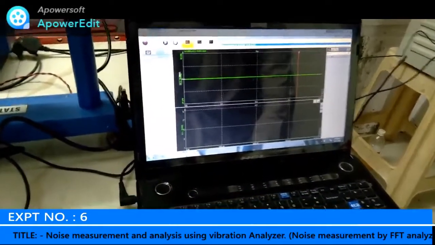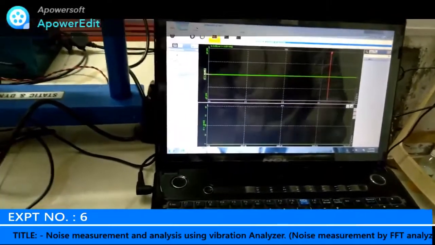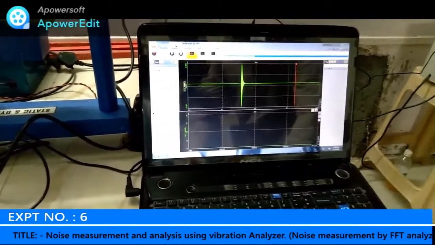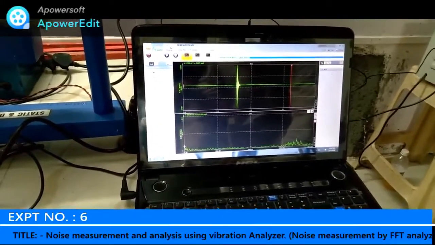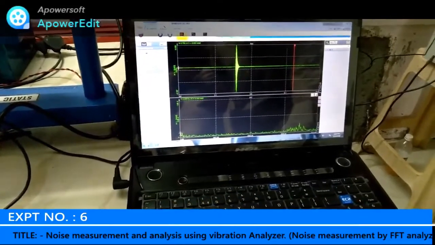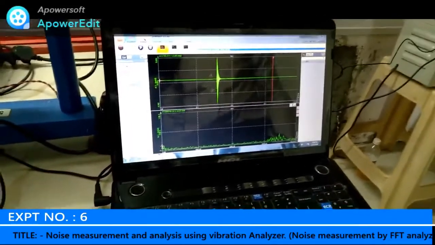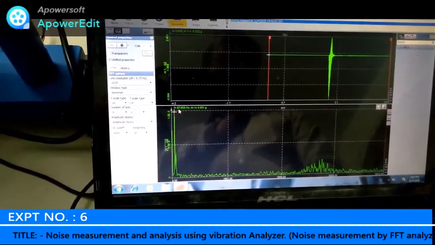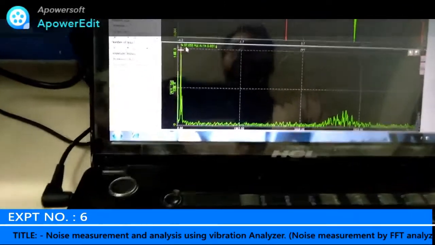Now we need to do the analysis part. The data we had stored, and that data we have to analyze. So I will double click over here and here. Here we have to check the first peak.